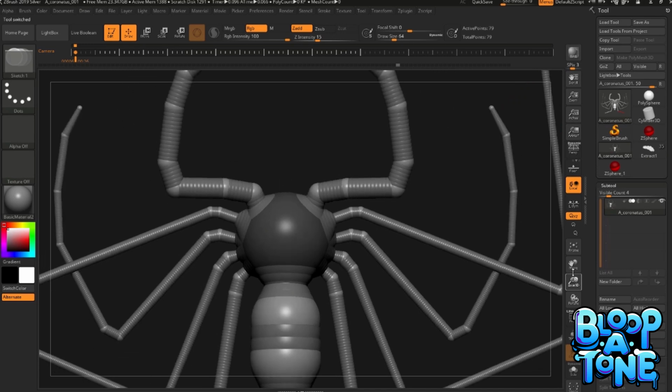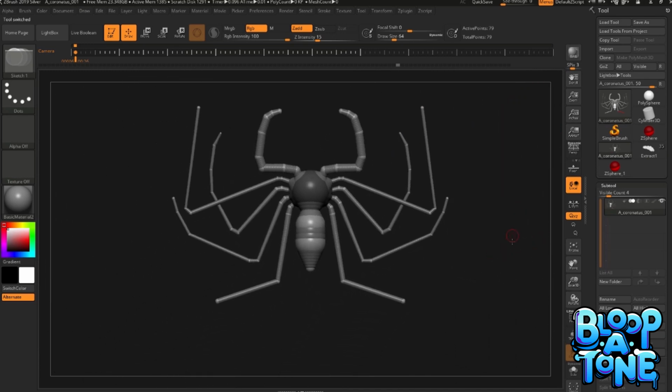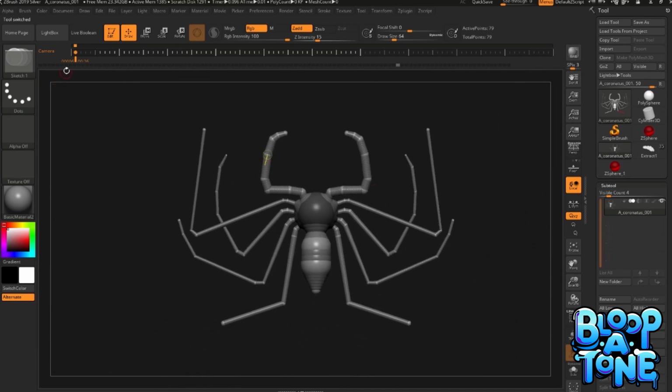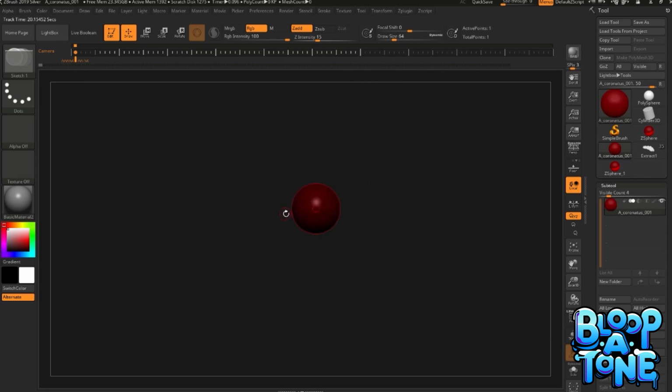If I switch over here, you can see this is the first version that I created from ZSpheres. So like I do with a lot of these kind of spindly leg organisms, this is a little bit old school method. I started with a ZSphere. I'm just going to go through the undo history, and you can sort of see I just started building out the basic framework. Now what you're not seeing here is I did have an image that I used in Spotlight